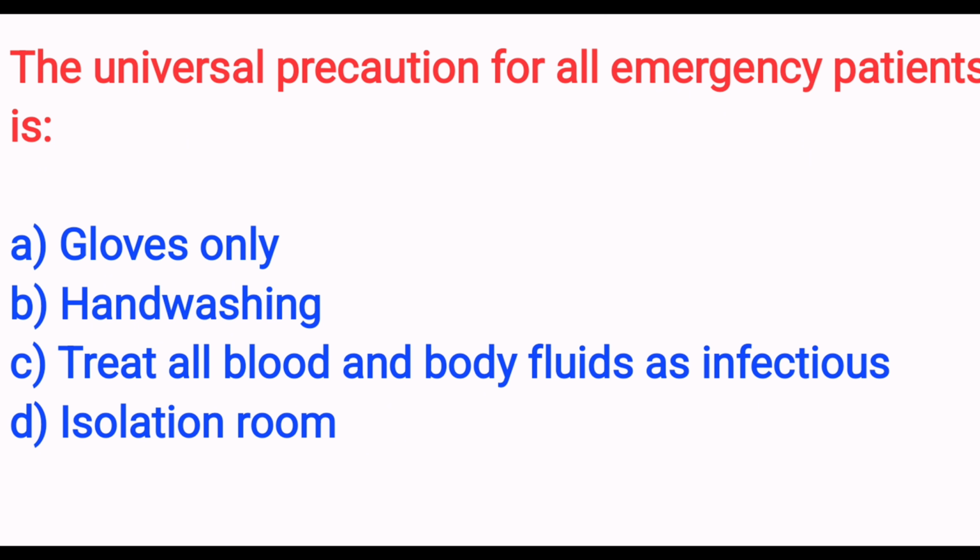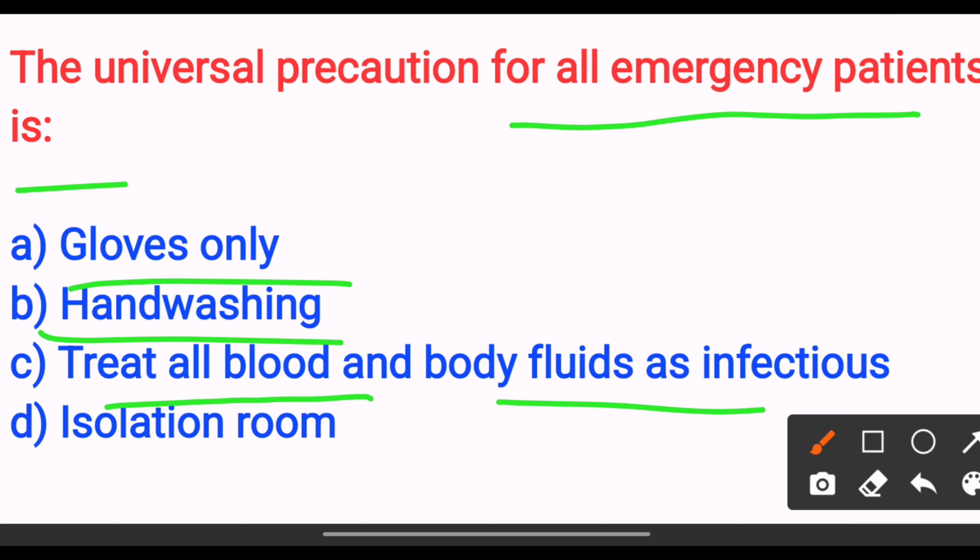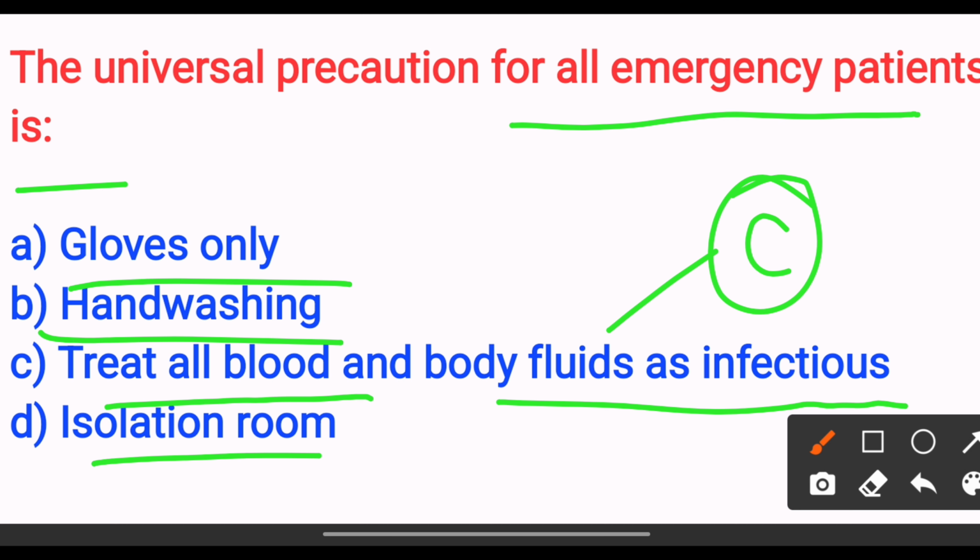The universal precaution for all emergency patients is option A gloves only. Option B hand washing. Option C treat all blood and body fluids as infections. Option D isolation room. The answer is option C treat all the blood and body fluids as infection. Next,